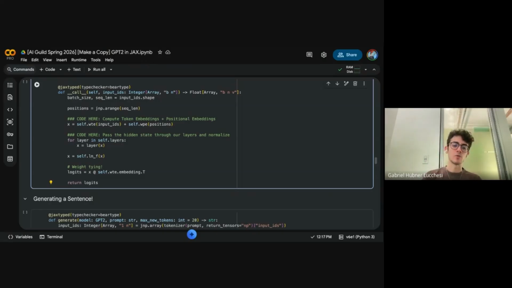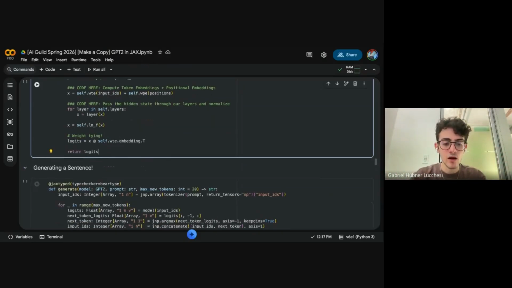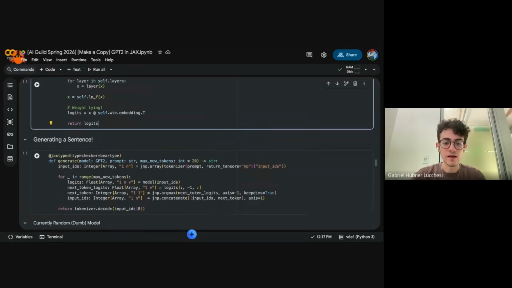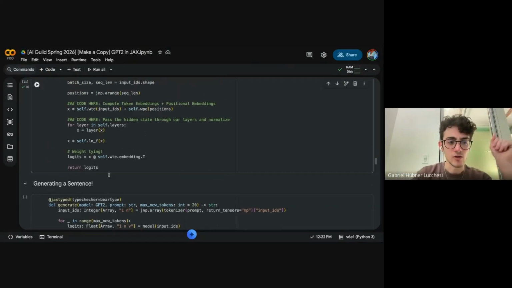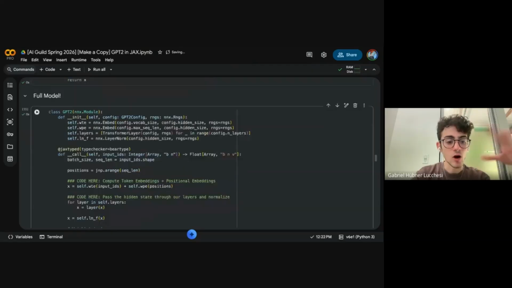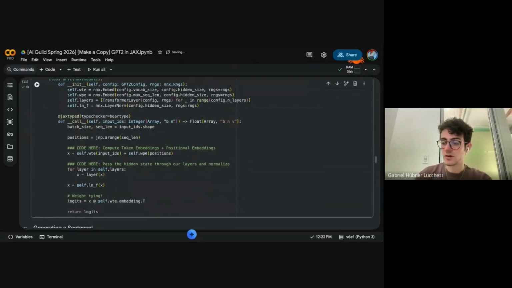It's the final output of the model before we do the softmax, which tells the model to pick that specific token, because it makes all the logits add up to 1, so it's like a probability distribution. And then we're just going to grab the most likely one, and then we're going to use that as the next token for our model. So this is our code here for calling GPT-2. That's it. We're done here.